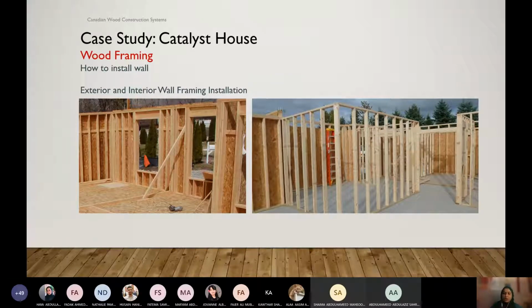So it's all modular, and that's why we need to be cautious here and keep the spacing at either 16 inches or 24 inches. Then the edge or end of the panel should be on top of the studs, not in between the studs, for the panels to be attached to the studs. Then it will be stronger.